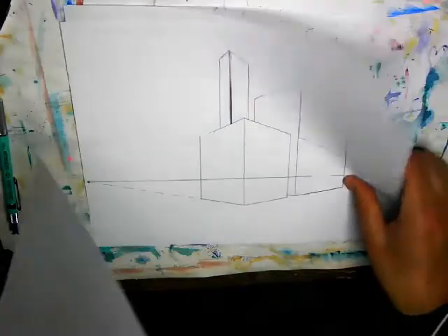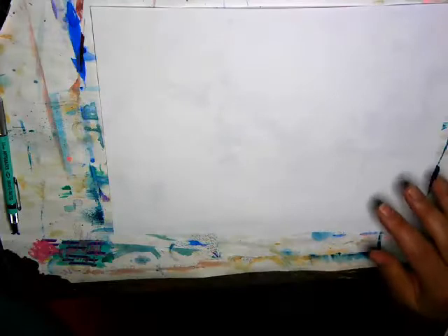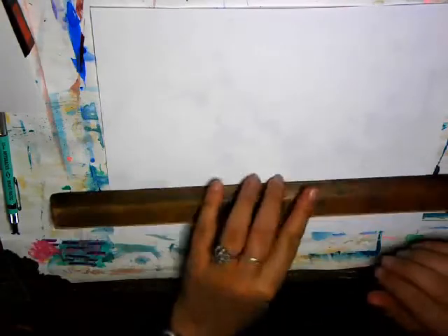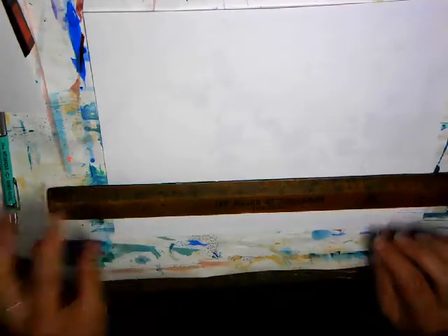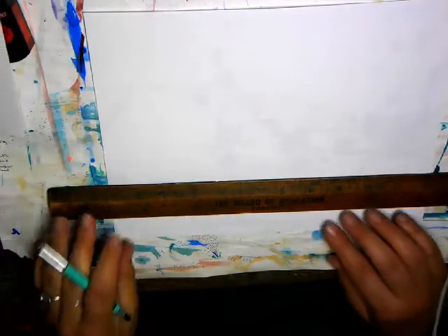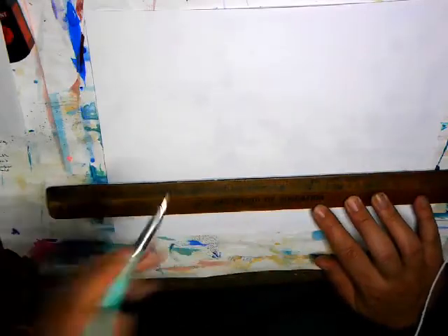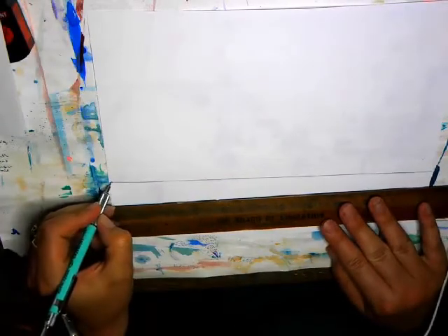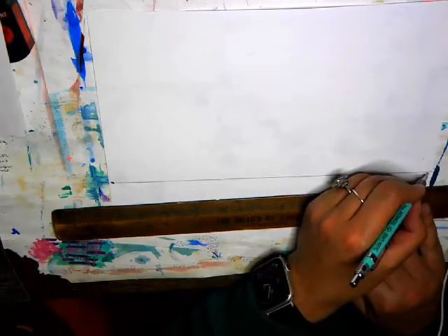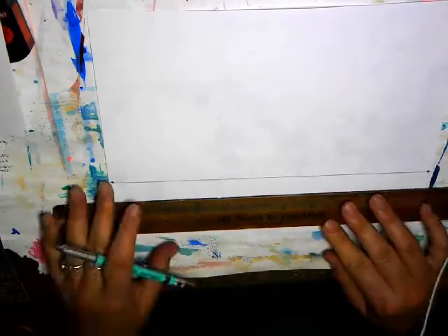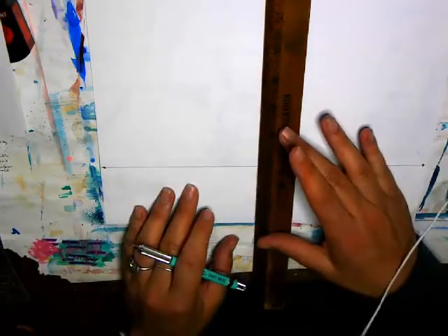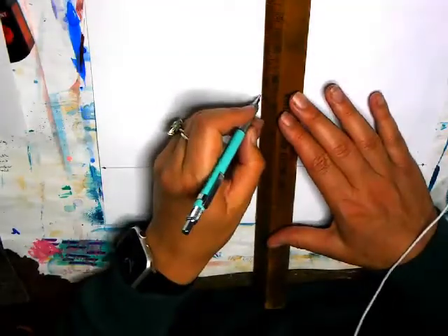So the first tip is to start with your horizon line lower than usual. Maybe don't put it right in the middle of your page. Start with it a bit lower. What that allows for is some really nice tall buildings on your streetscape, like skyscrapers. Okay, so you start with your first building in the middle,